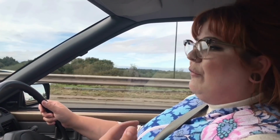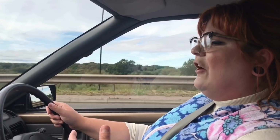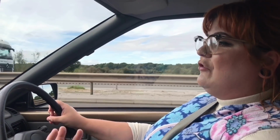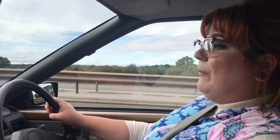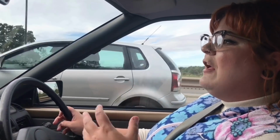so by the time you got the car, it was a lot more significant, and you'd be a lot more emotionally invested in trying to keep it on the road. Whereas by the 80s and 90s, cars were a little bit more throwaway. You didn't have to pay so much for your first car. Houses started getting two or three cars, especially if you had a teenager with a job at home. So cars started to lose a little bit of value,